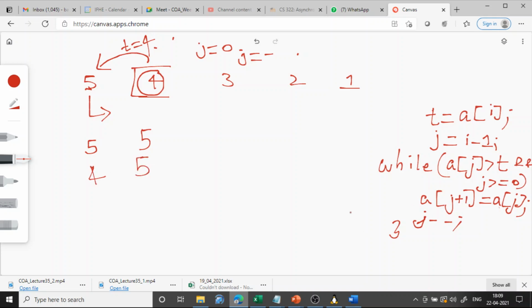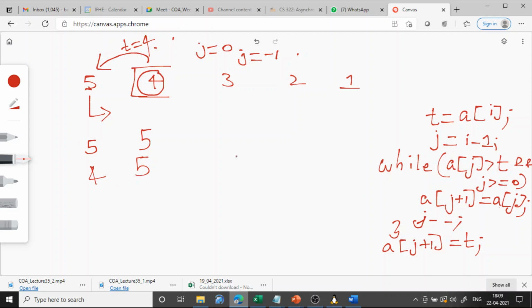So after coming out of this while loop, we write a of j plus 1 is equal to t. So previously what is j? j is minus 1. Minus 1 plus 1 is 0. So in that location we will get 4.